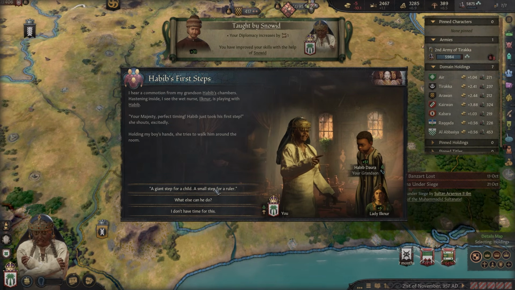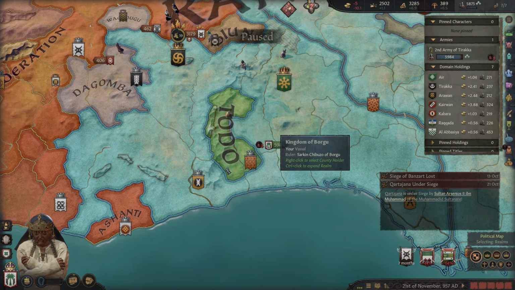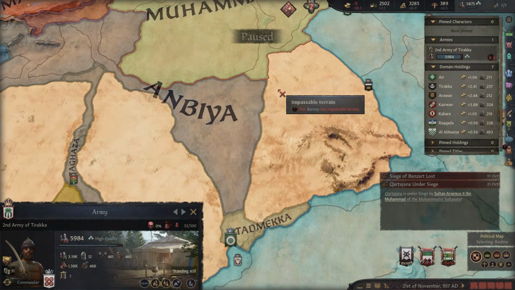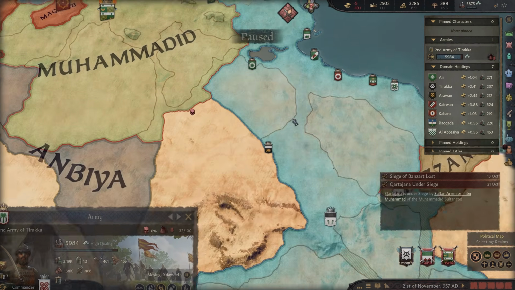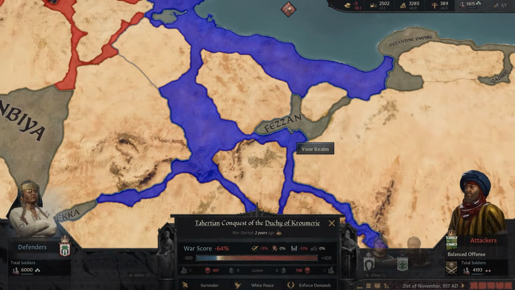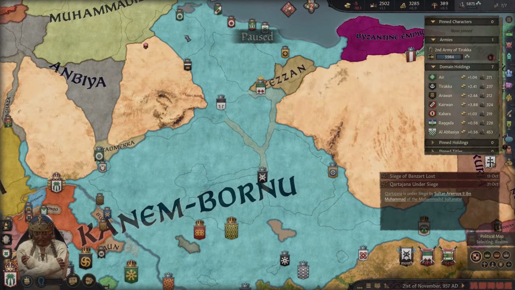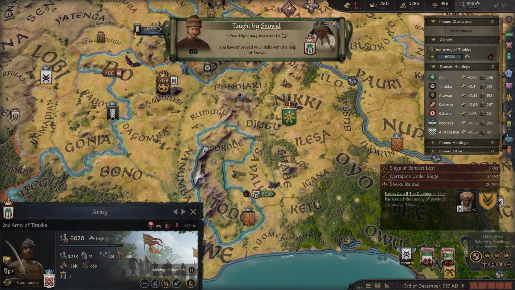Wait, I lost the war? I guess they got enough sieges done. Wow. I thought we were gonna get there, but I guess not. Right, head up here. I'm in 2 wars, right? Which war am I in? So I'm in a war for this. It's Fezan. I'm in a war for this. I don't actually care about losing the wars. They're not the end of the world, but I would like to not lose them.